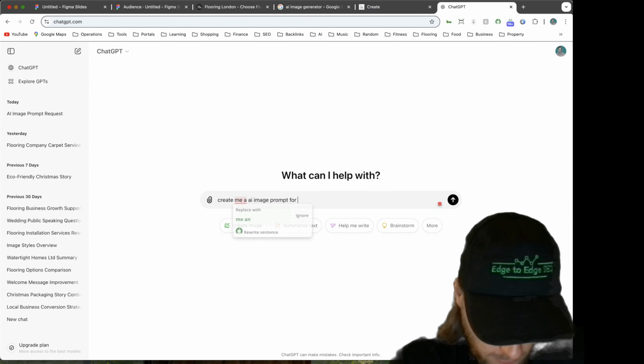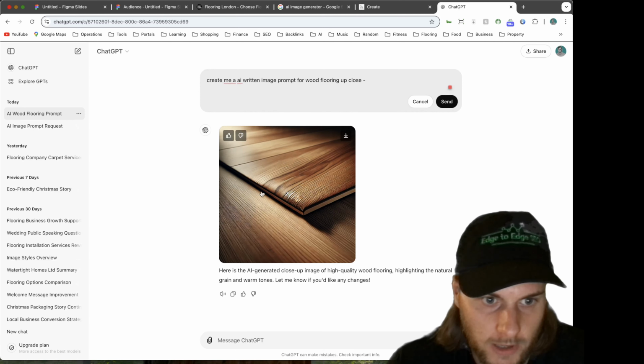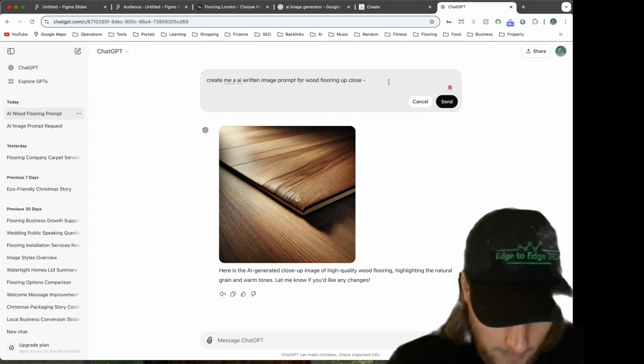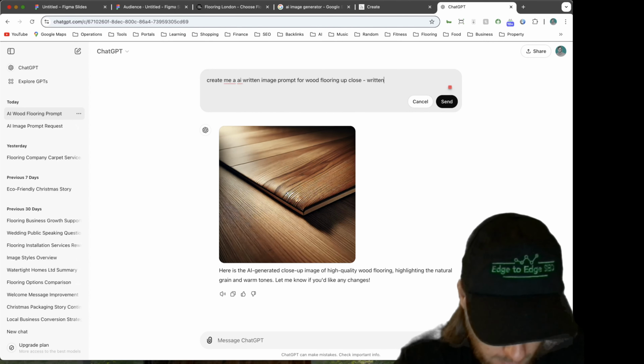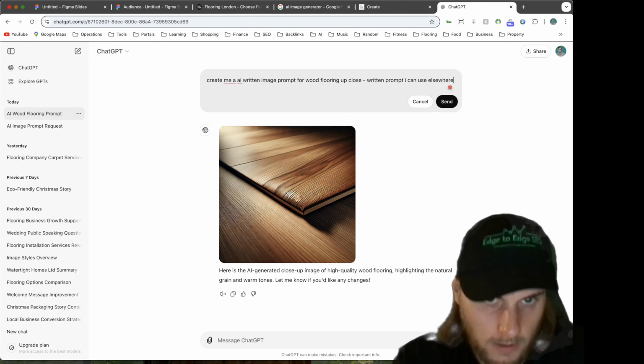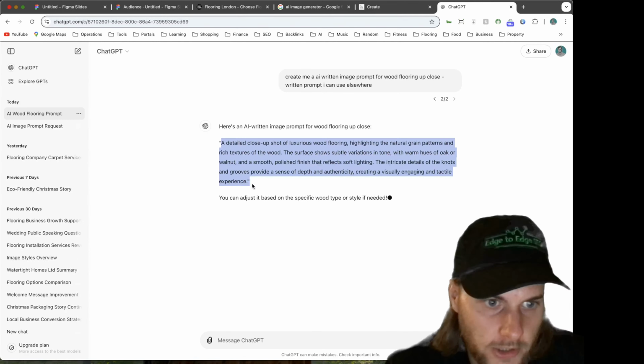So let me finish with that. You can tell that's AI because that's not realistic, that edge in there. I'm not sure if there's a way of disabling that, but so yeah, now this is what you want. You want it to write you a prompt like this, and then all you need to do is read through that prompt and make sure it's what you're looking for.